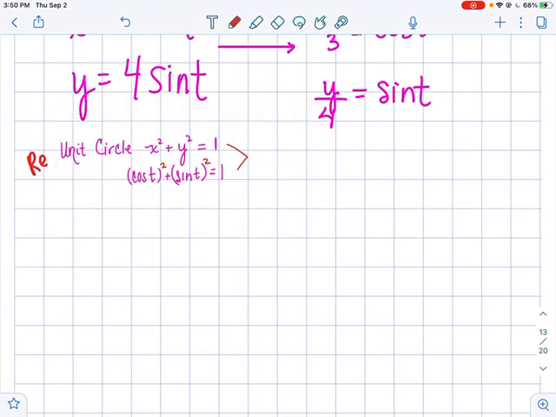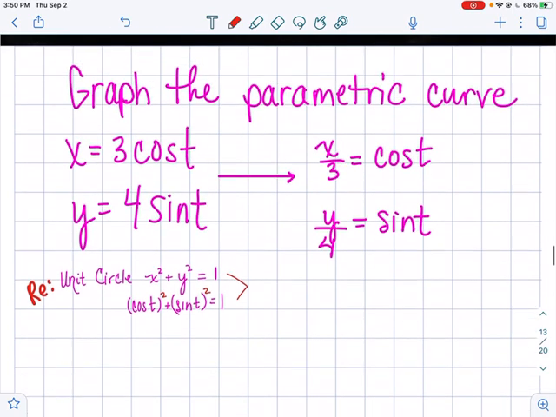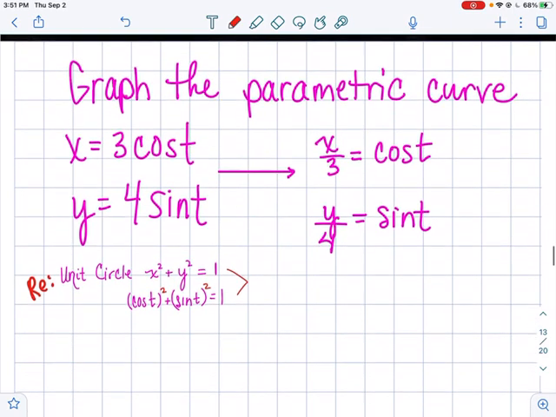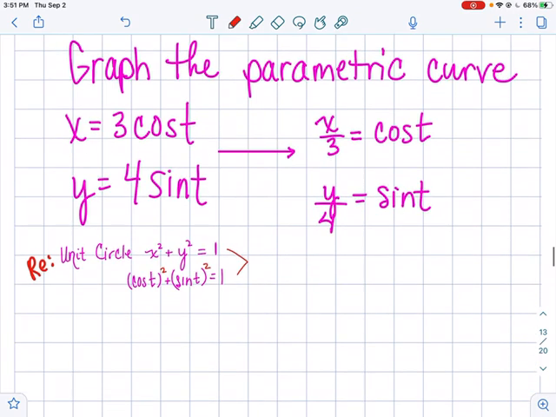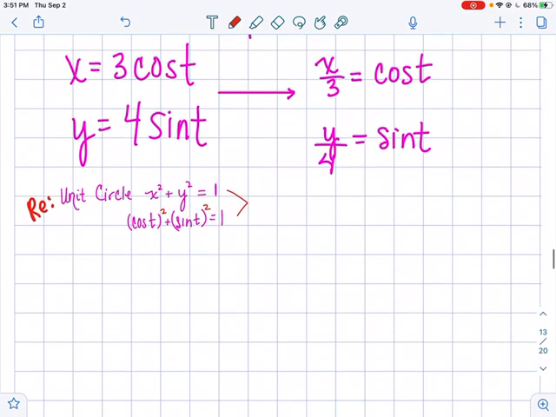So now if I say I have x is equal to 3 cosine t, I'm dividing the x equation by 3, and I'm dividing the y equation by 4. So I'm going to start off, I'm going to say I know that cosine squared t plus sine squared t, no matter what the angle is, if those are the same angle, t's in this case, then the result is going